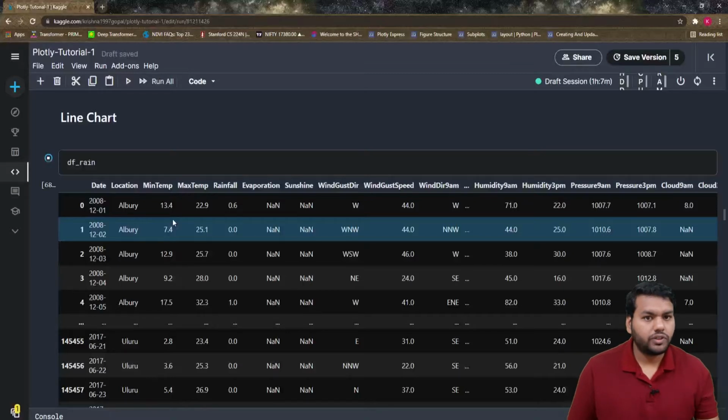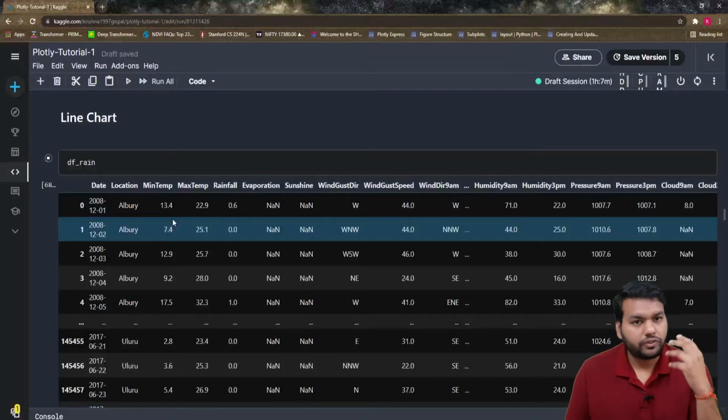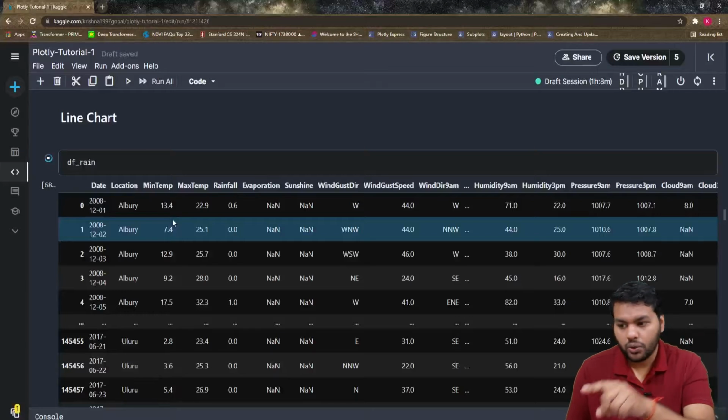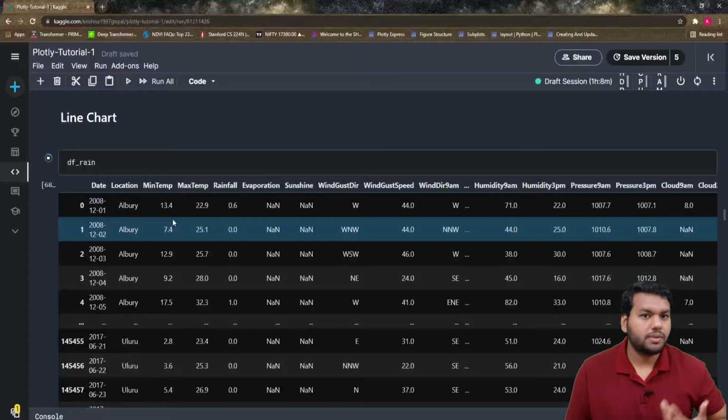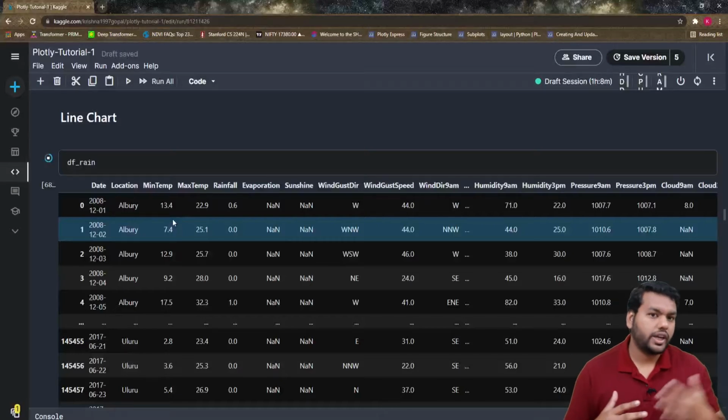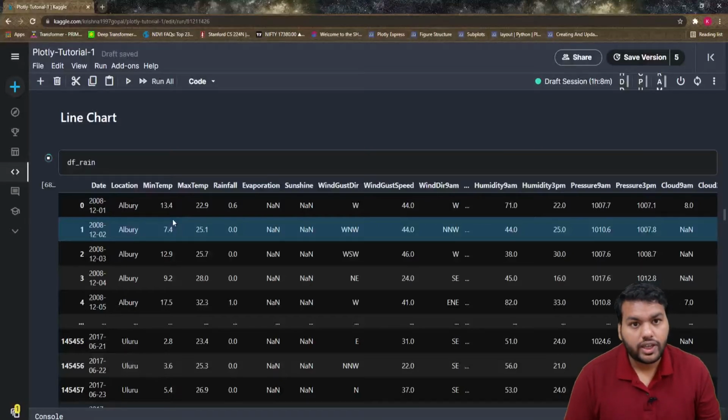At the end of the video, we are going to write one function. You just have to pass the location name and the year, and it will show you the maximum temperature. What's the benefit? We can know, looking at the history from 2008 to 2017, which month is the hottest and which has the coolest temperature. My motive is to show you only the visualization, so I'm skipping the data cleaning part here. So let's start the video about the line chart.